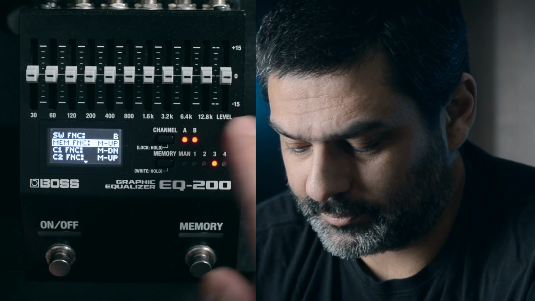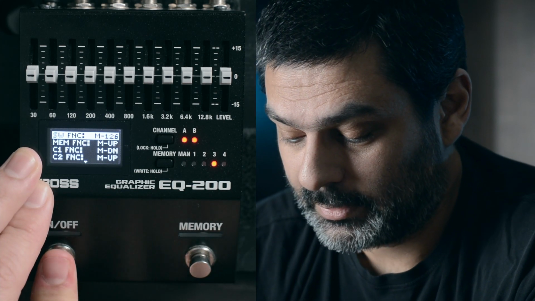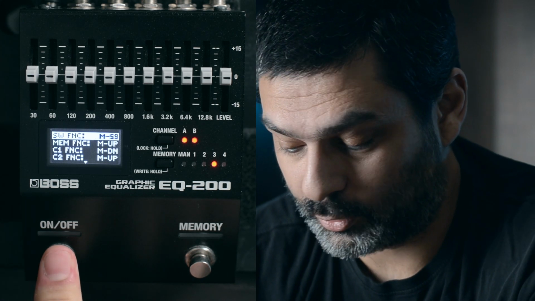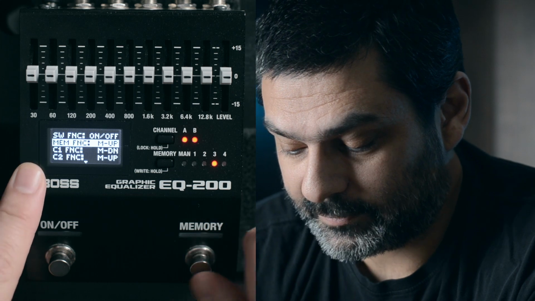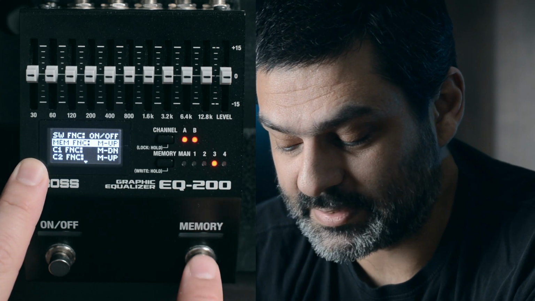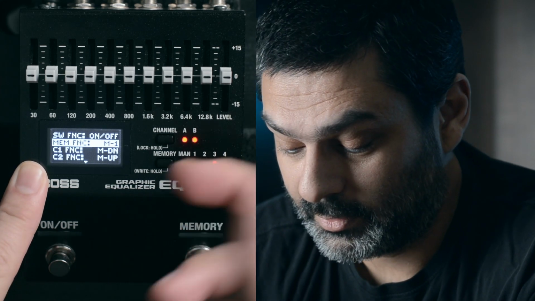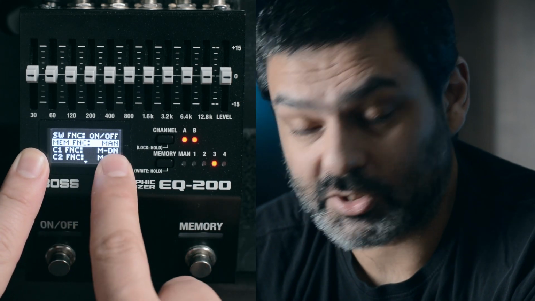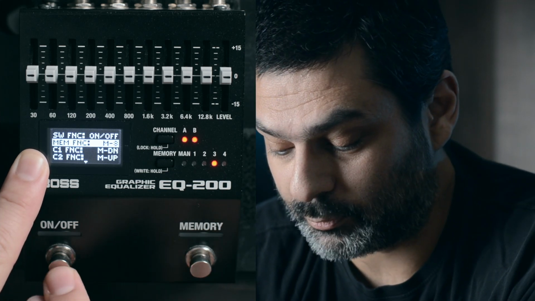So if you were to have one of those doing memory down and memory up, you can still have this guy doing on-off, which is what I'm trying to get to now. And you can have control 1 doing down, control 2 doing up, and you can reserve this one, memory, to do one of the other functions, either to access the manual mode, like here, mem function manual, or to direct access one of the memories.